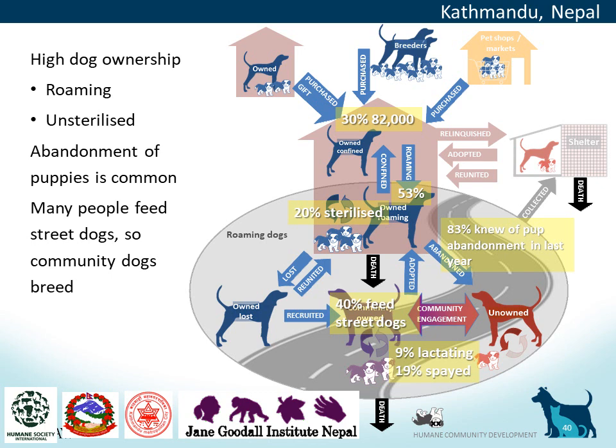So the community dogs have the potential to breed because they are provided with resources on a regular basis. We found 9% of the street dog population was lactating, which shows that they are breeding at least relatively successfully, although that doesn't comment on the process of recruitment or the survival of those puppies that are born. And we found that 19% of the females were spayed, which is a good finding, but there have been previous DPM efforts, and so there's a foundation to build upon.